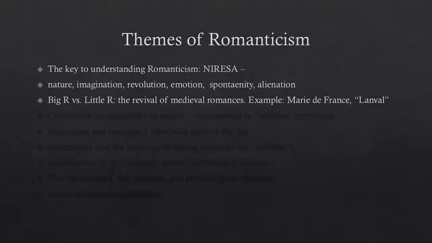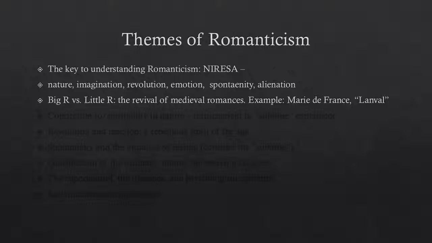First, we should probably clear up the confusion of big R versus little r. What's the difference between Romanticism, the literary movement of the late 18th and early 19th century, and romance, those books you see at the grocery store, in the checkout line where the guy has his shirt off? What's the difference between